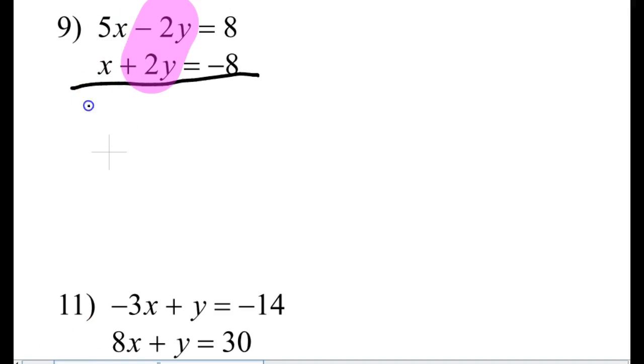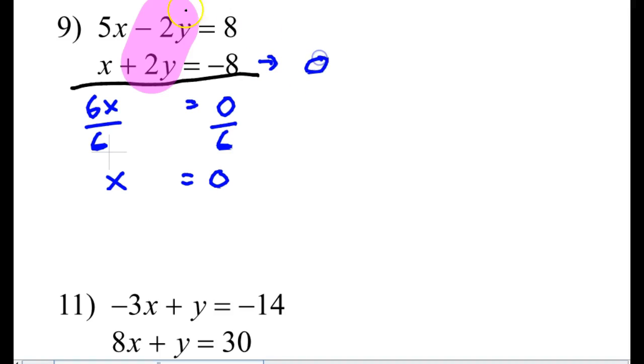So we got 6 times what equals 0? So 6 times what is 0? And you get 0, right? So don't be afraid of having an answer of 0. It's okay. Plug it back into either equation. I'm going to use the bottom one. Doesn't matter. You'll get the same answer. So I plugged 0 into the bottom equation. 0 plus 2y is negative 8. So 2 times what is negative 8? And you'll get